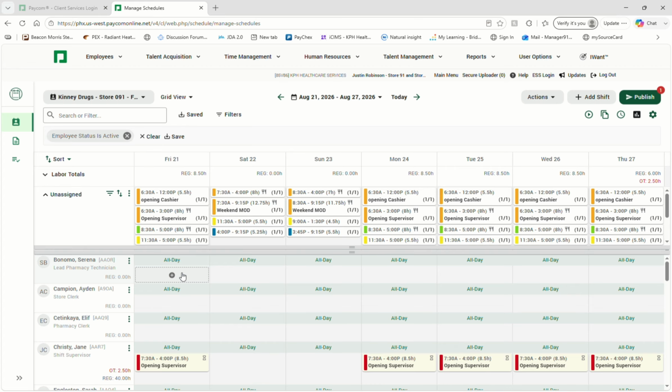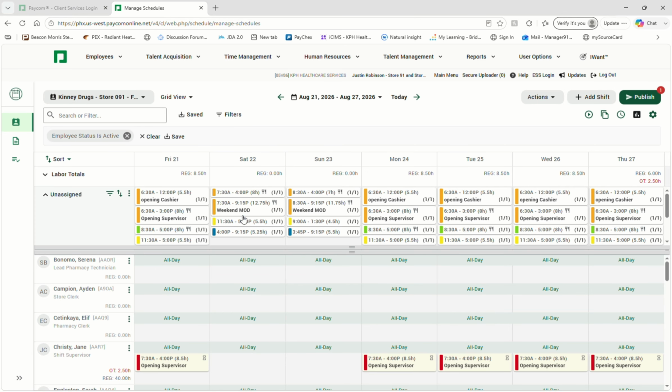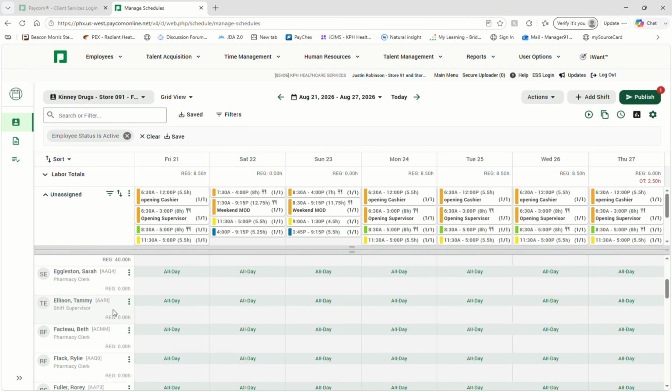Let's talk about schedule grouping for a second. As you can see up here in the top left-hand corner, this is my schedule groups. Right now I'm looking at schedule group full store 91. I've created all these templates at the top, but these are templates that I created just for the front end. And as you notice, we have front end and we have pharmacy in this big list because it's the entire